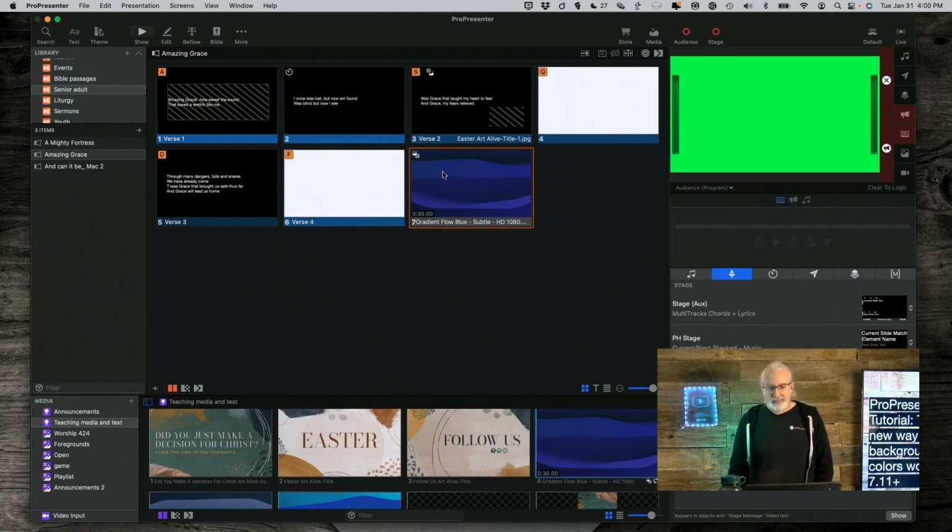So that is something else that you've got to keep in mind. That's something that's changed between beta versions. So it's a good thing that I hadn't made this tutorial, because this had been something that they had changed, and it hadn't shown up in earlier betas. So that is what the slide background and presentation background colors do in ProPresenter